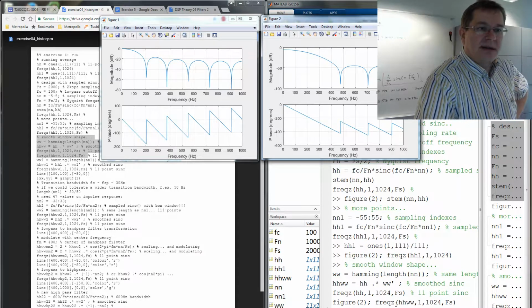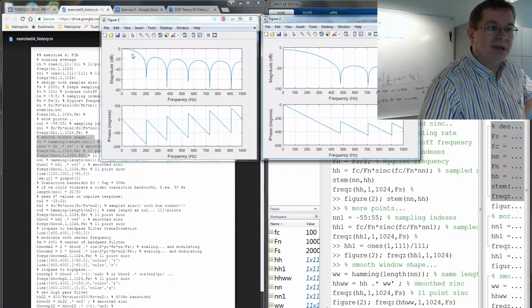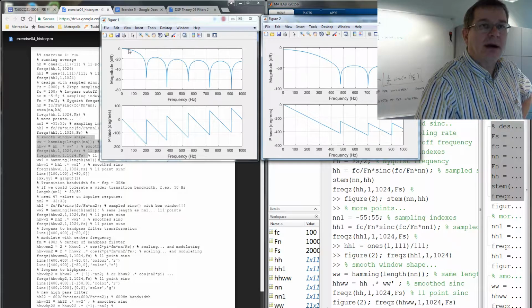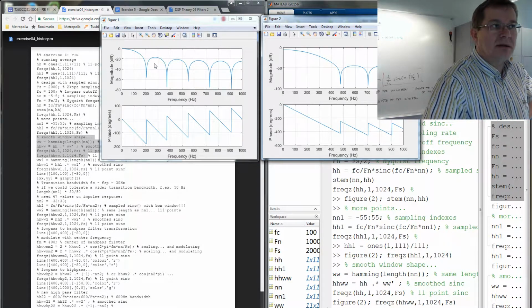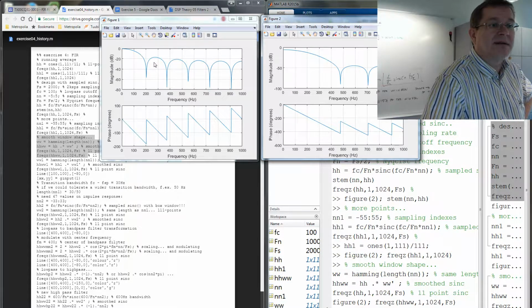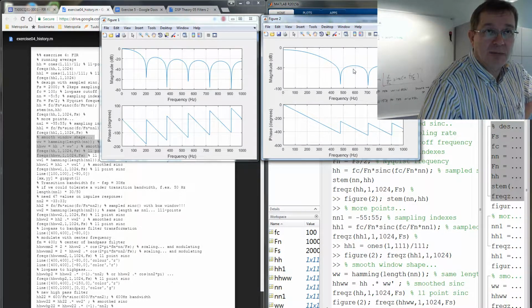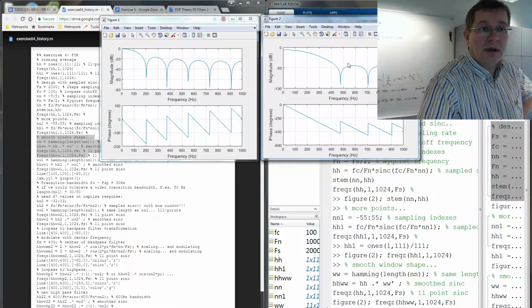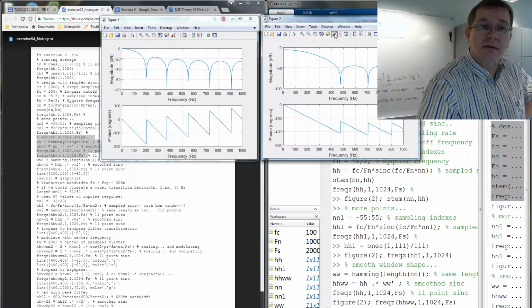All right, so that's still basically this 11 point to make the point. On the left hand side I have the original 11 point sinc with the correct cutoff frequency, but just a square shaped window. On the right hand side I have the Hamming type window, which basically reduces the amount of